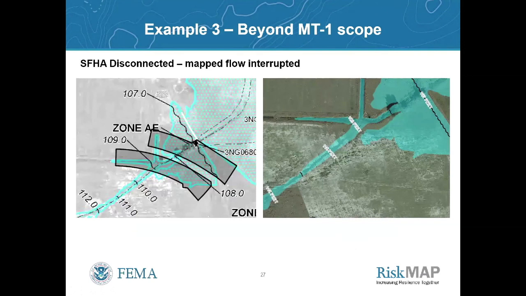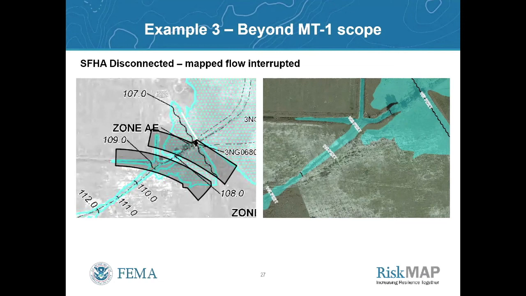Further under this bullet point, we have disconnected flow of SFHA. On the left, I've got the FIRM with the two gray bars that represent a future subdivision, a series of lots that are going to be curving around a proposed roadway. And you can see from this image on the right, there is a drainage canal, there is flow. The BFEs are decreasing south to north, so this is a designated flow path from the study. So what this request on the left is doing effectively is cutting off that flow. It's changing the pattern that was studied and published. That's a physical change. The effects need to be determined and remapped, and that's got to be done through the